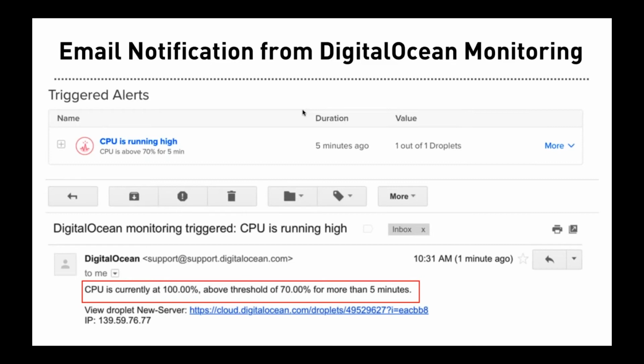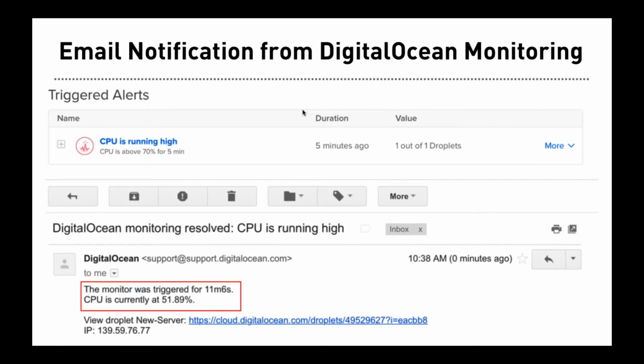So CPU is currently at 100%, above the threshold of 70% for more than 5 minutes. And this is the link for you to access the droplet. And after you take an action, for example, identifying the process or configuring a load balancer and start routing the traffic to another droplet, once it comes back to normalcy and stabilizes, you will receive another email, which is going to look like